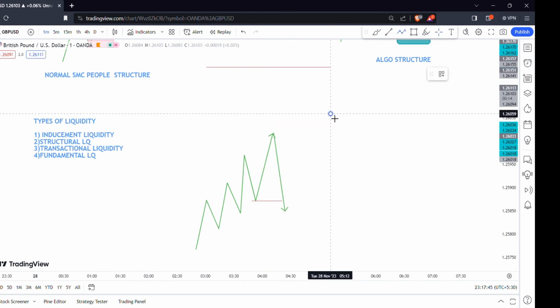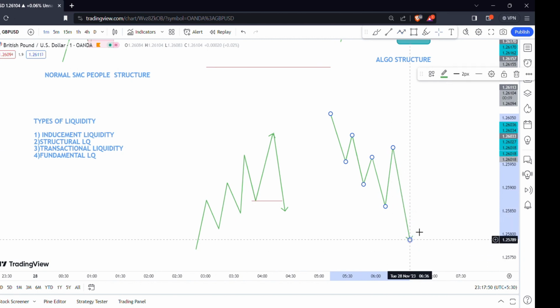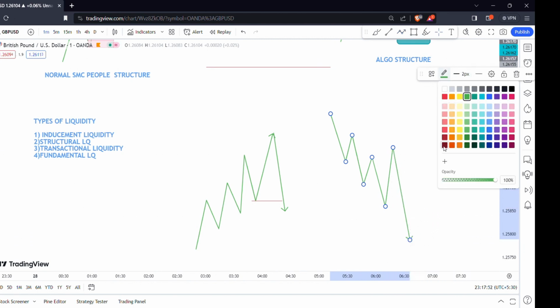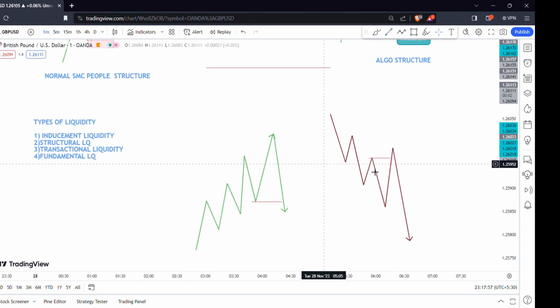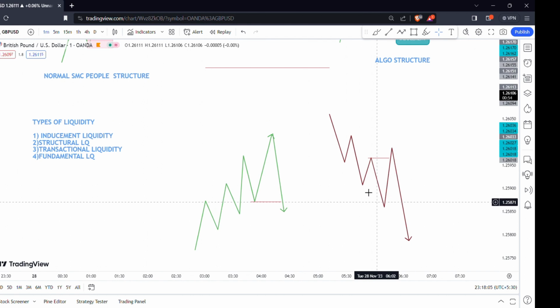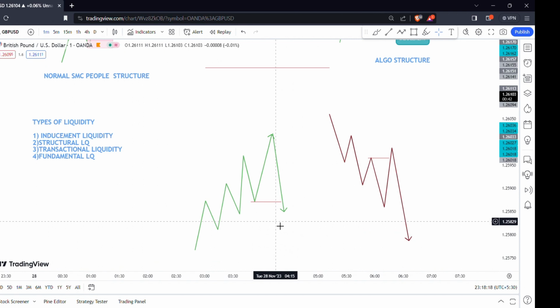Even when it's going into a downtrend, let's say this is the pattern. Let's use red for the downtrend. How can you know this is the downtrend? Because this is where the smart money people will sell. This is the break of the structure. Now the smart money people will sell when we are in the sells here. After every retail trader, smart money trader and ICT trader are all taken out, then we will enter the market.